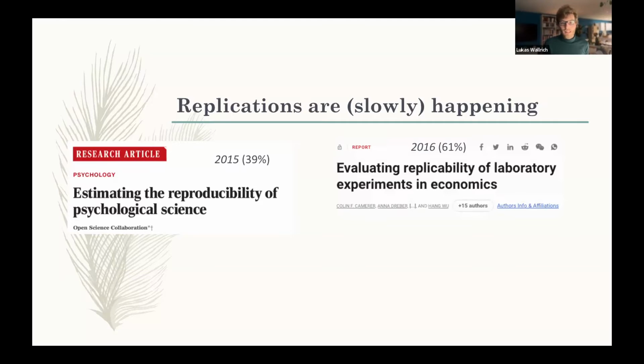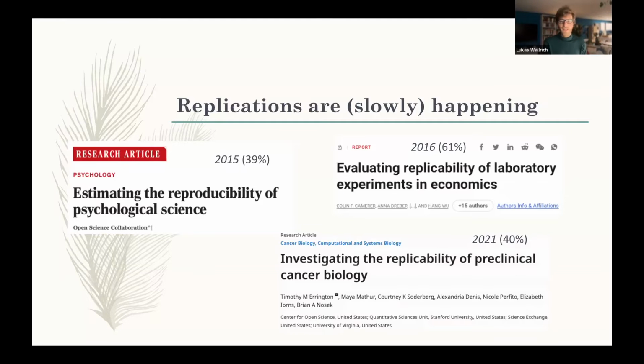Okay, so in a situation where replications are happening more and more, these large-scale projects have shown across fields that we really need replications, but more importantly, we need to see these replications. And even these very prominent projects haven't quite achieved the visibility and the impact that seems really important, let alone individual replications that often go unpublished or unnoticed. Which is unfortunate because replication is really a cornerstone of science for obvious reasons.